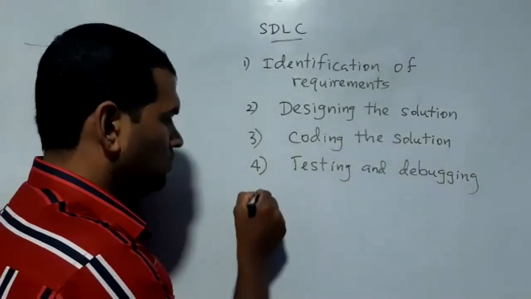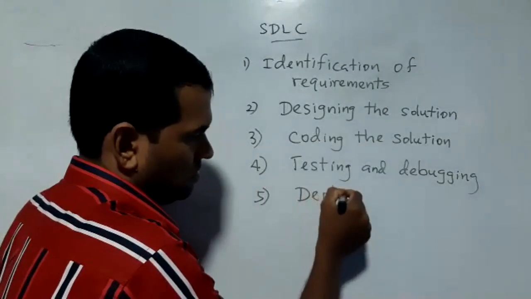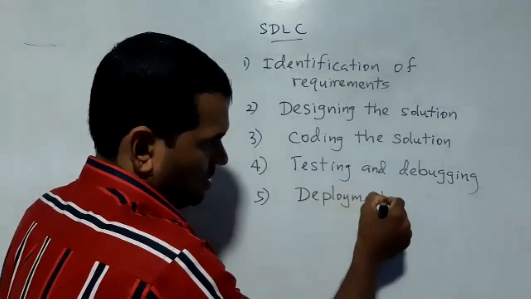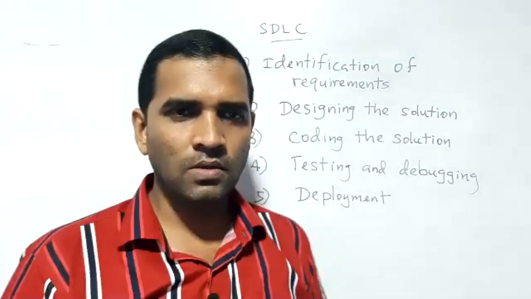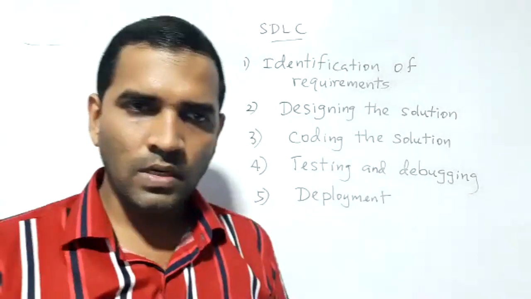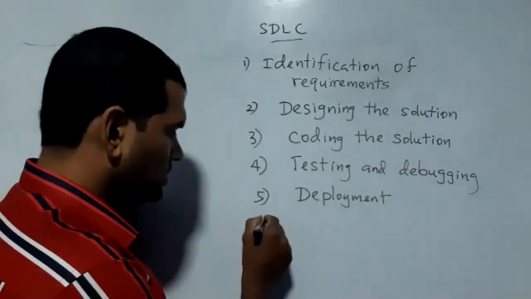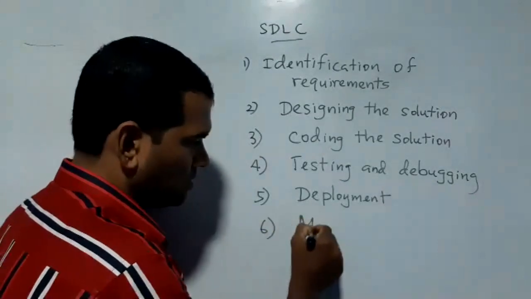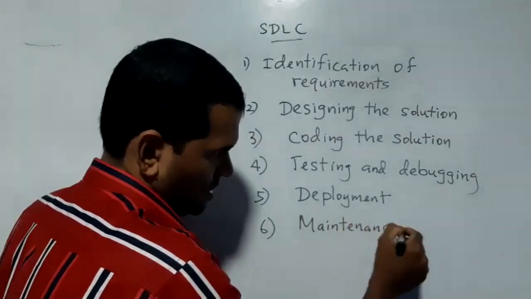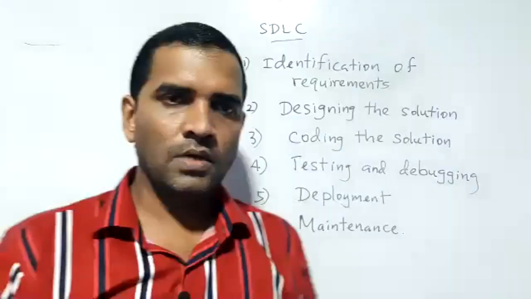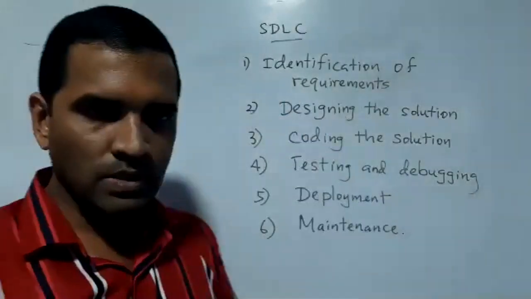Number 5 would be deployment. Deployment, sometimes called implementation, but always use the word given in your book, that is safe. Finally, at last, maintenance. Maintenance, sometimes called system maintenance. Okay, so these are the 6 phases